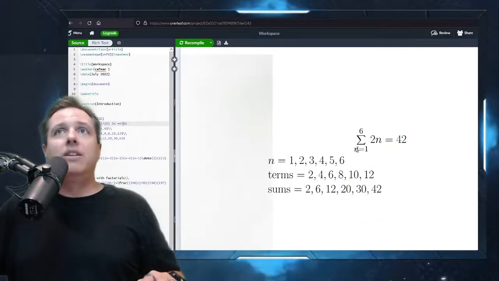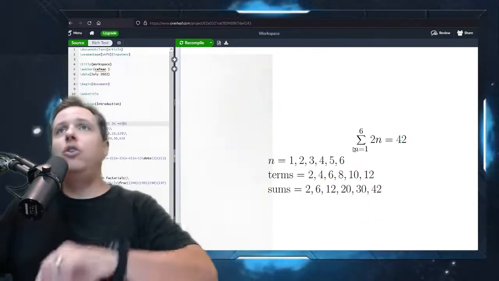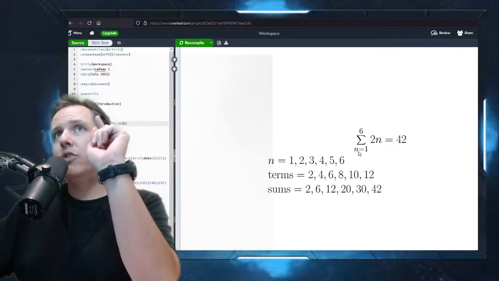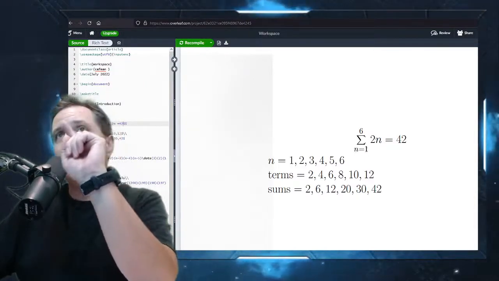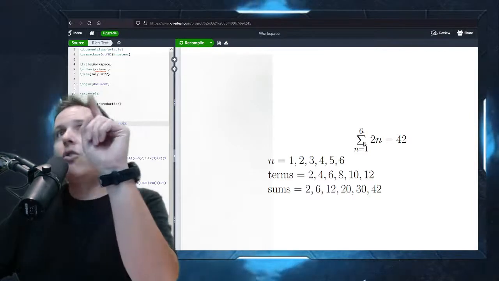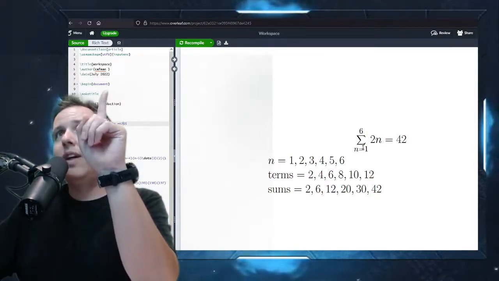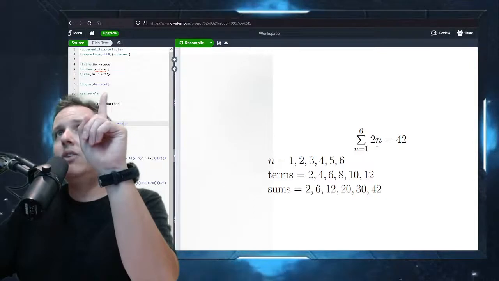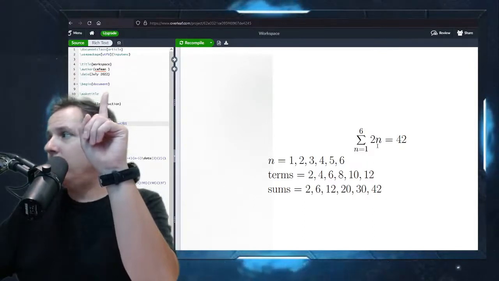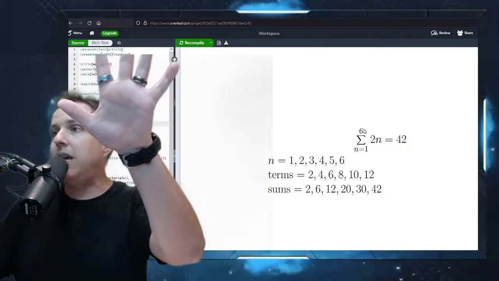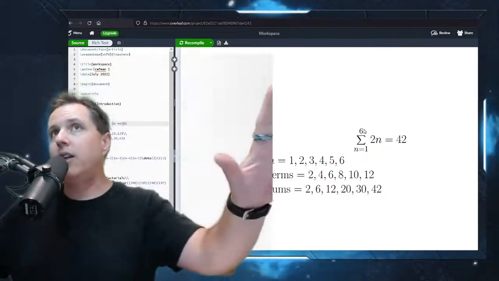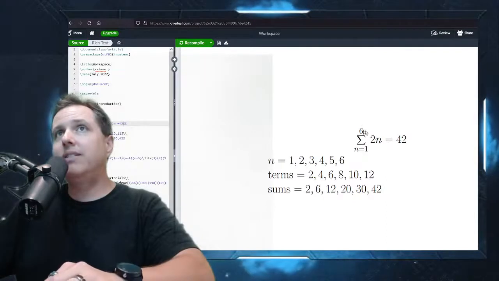So the way the sigma works is the number that you're iterating over, it tells you on the bottom what to start with. So you start with n equals 1, and then you just plug it into whatever your formula is, and the number on top is where you stop. So the n's that we use to simplify this, we would use n equals 1, n equals 2, n equals 3, n equals 4, n equals 5. And when we hit n equals 6, that's when we stop. We do that last step, n equals 6, and then no more. We're done. So this tells us there should be 6 steps.